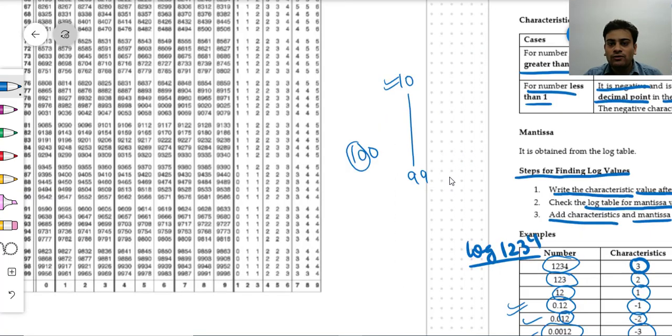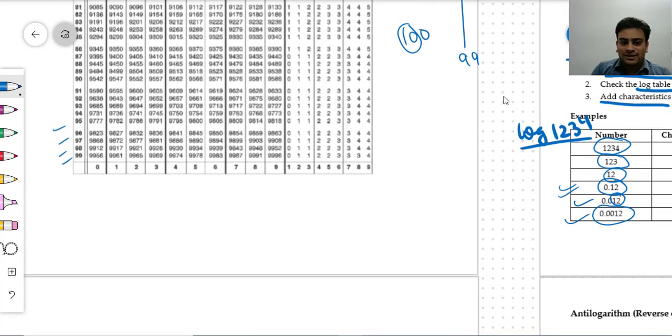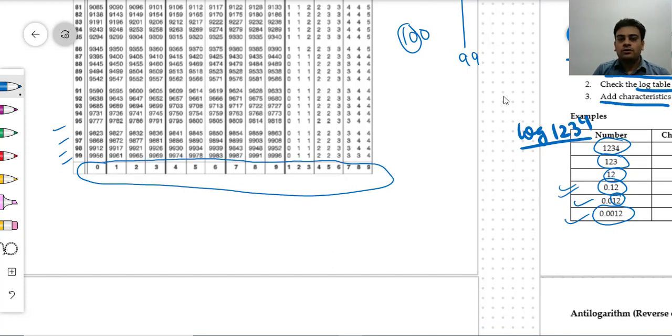The third digit we always look at in the top row, or the same thing they have also given in the bottom row. And this is basically your mean difference part, your fourth digit. After the fourth digit you have to ignore the numbers. We only find the values for the first four digits. The mantissa part we can only find for the first four digits, because this gives me a four digit number after the decimal. So usually we round off the numbers after the four digits after the decimal. Is this clear? So this is basically my part of logarithm.